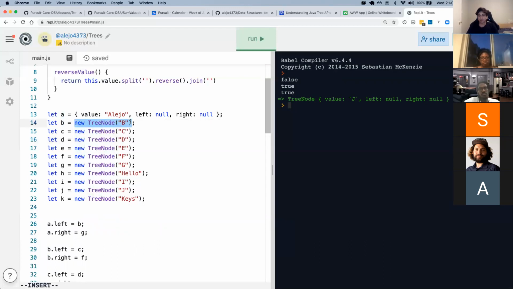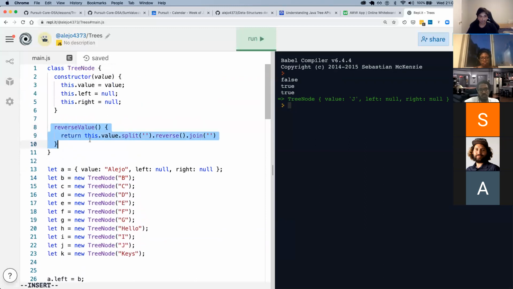So the benefit of having a class is that you can inherit values and functionality, like this function that we have, which all nodes get automatically. If we do it manually, we're not getting that inheritance, or we're only inheriting from the Object class, and that's it. Let me put this back. Let's get back into trees.